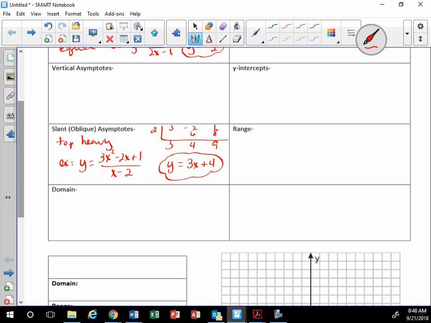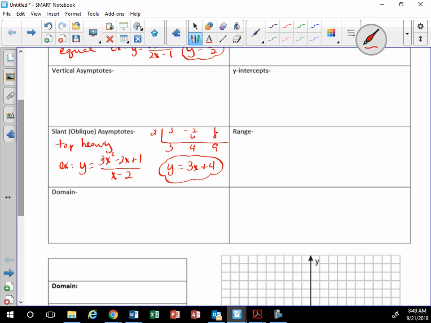All right, vertical asymptotes. How do we find those? Yeah, well, the denominator is 0, so